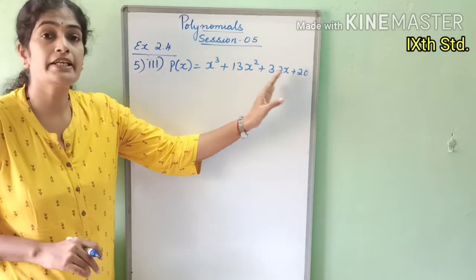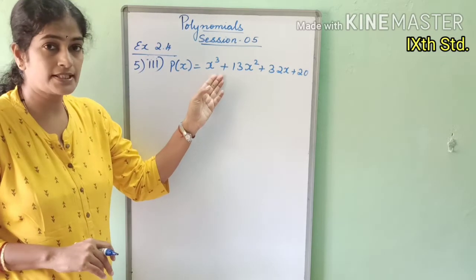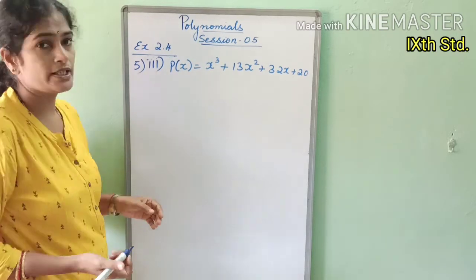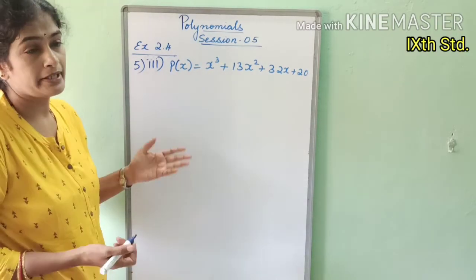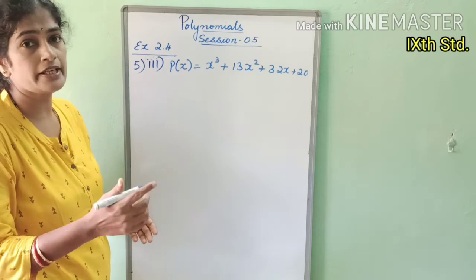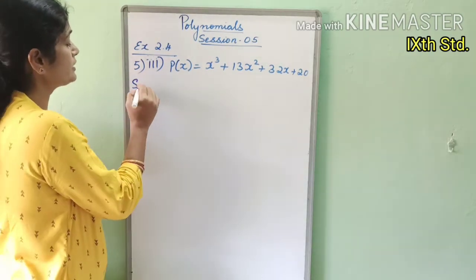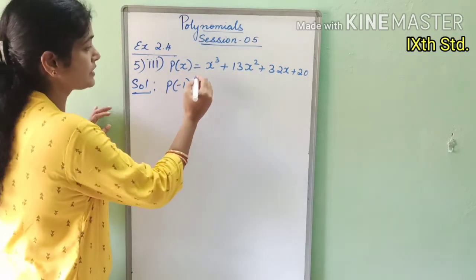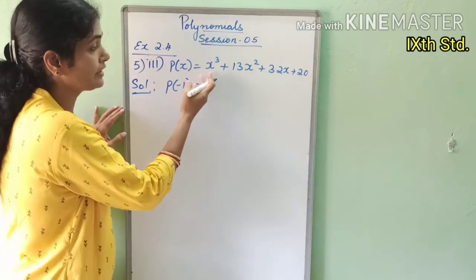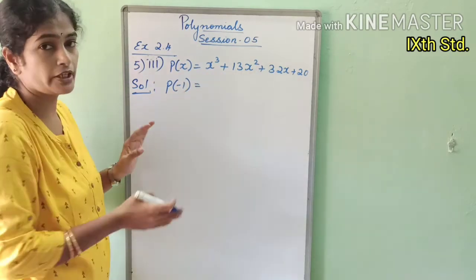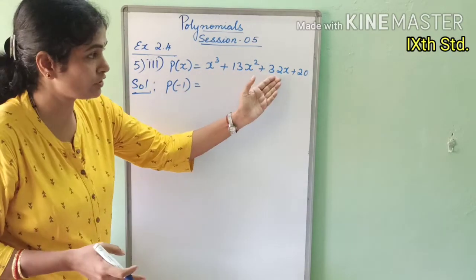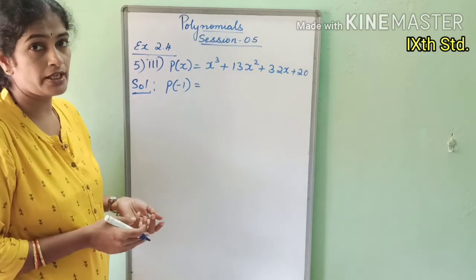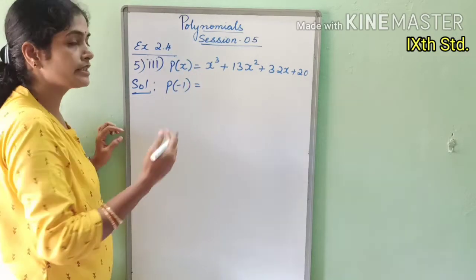So whenever the entire polynomial is in plus sign, is positive, then you need not take the x value as positive. Take something negative, minus 1, minus 2, try and get one of the zeros. So let's try with minus 1 to get one of the zeros. Okay, substitute in this. If you take all plus values, then you will never be able to get 0 of it. It is understood, because throughout the polynomial you are only adding. So the polynomial never comes to be 0. So we will take the negative value.